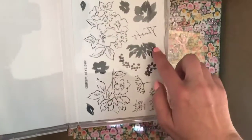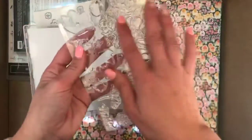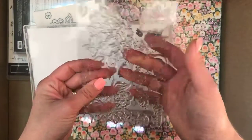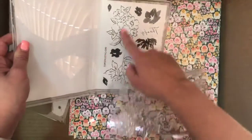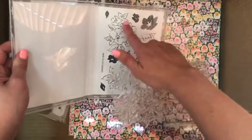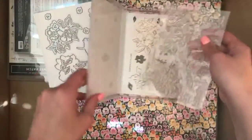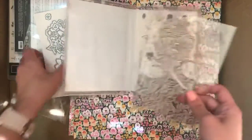They're actually printing the pictures on the back of the stamp set, and then they send you this in the clear. So this isn't printed anymore. So you can just take the stamps off and put them straight into the case, and you'll know where they go, and you'll know if you're missing any because they're all printed on here. I thought that was a very, very clever idea, and much neater, much easier to keep track of all of your stamps. Alright, so I'm going to try and layer this over the top and see if it...